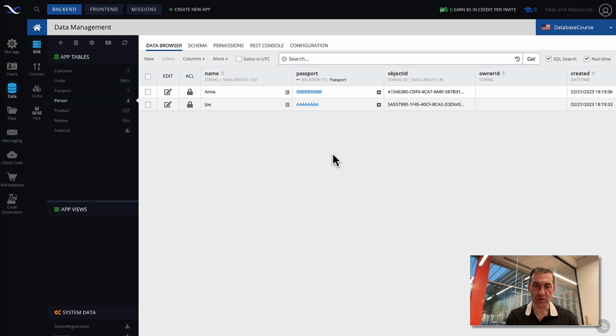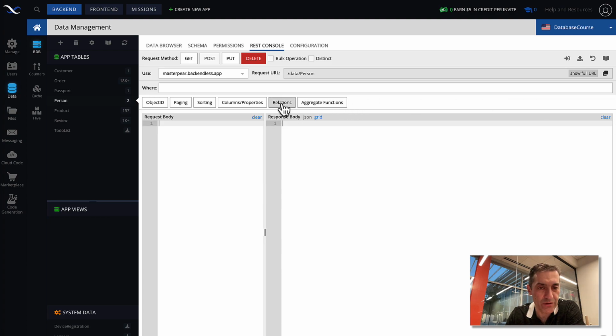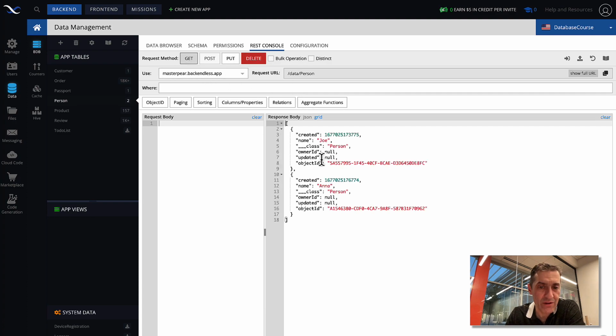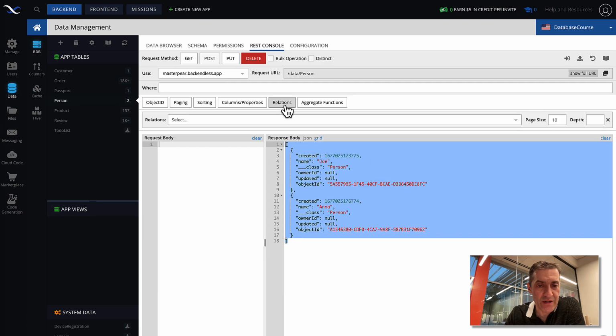Really quick, I will demonstrate what it looks like when you retrieve data from the database. There's going to be a separate lecture on relation retrieval, but I want to quickly touch on this just so after you watch the video and try to replicate the same thing, you can play with this and you will have some guidance on how it works. So now with the person table selected, if I go to REST console, in here you will see there is a button called relations. And by the way, when I click get, I get this response, which is what you would expect to see. What happens if I click relations?